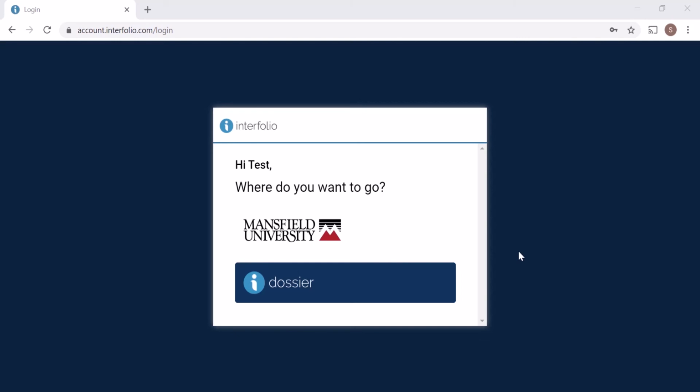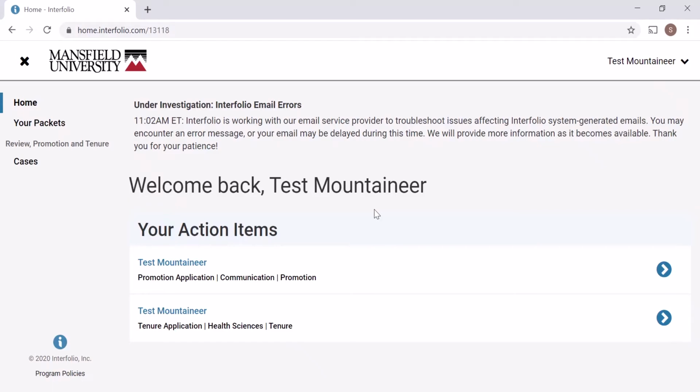When it's time to fill out your packet to apply for promotion and tenure, you will click on Mansfield University of Pennsylvania. So I know you're wondering when you're going to get access to your packet so that you can apply. My understanding is that when you submit your letter of eligibility to the provost, when that's signed and returned to you, at that point, that will trigger your packet being created,